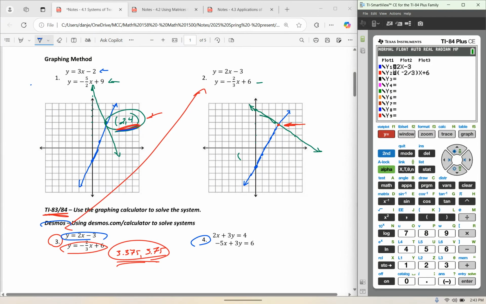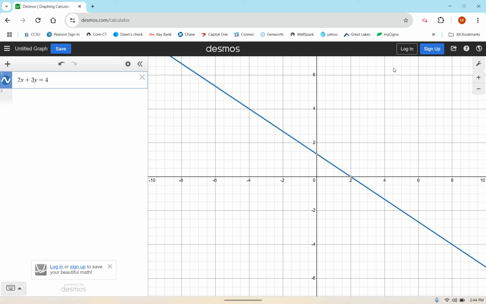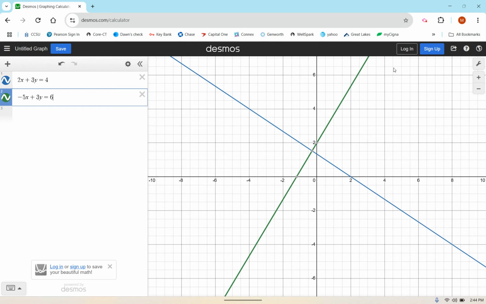Okay. Our second equation is negative 5x plus 3y equals 6. I'm sorry for all the back and forth here. But now all I did was enter that equation just as it was on my page. And you'll notice that here we have a point of intersection. I'm going to hover my cursor right above it. And you see the really fun point,